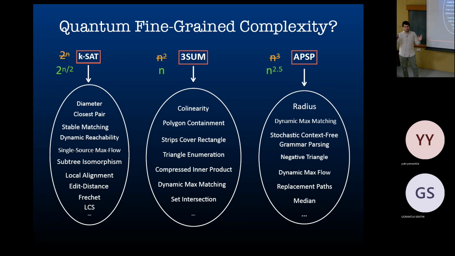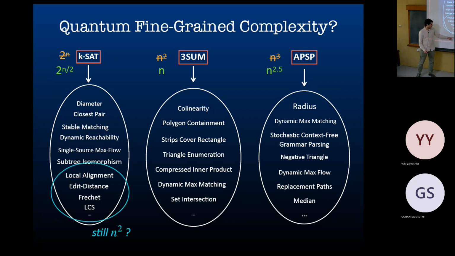And then you could make this quantum SETH conjecture that people have made, which says that this is the best possible in quantum. That can make sense. You can apply Grover, but breaking it further, you will need new ideas that will also break it in the classical world. But this is not a formal proof or anything. And when you make that conjecture, you can look at the reductions. You can try to make them work in a quantum way, and then prove that this problem you can solve in linear time, but you cannot solve in sublinear time in quantum. The same happens there.